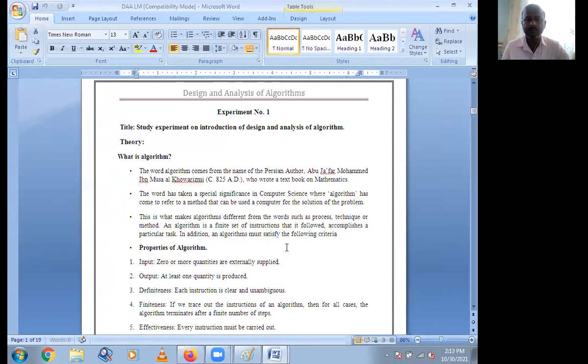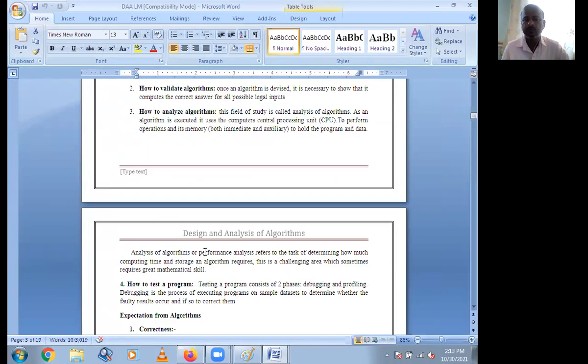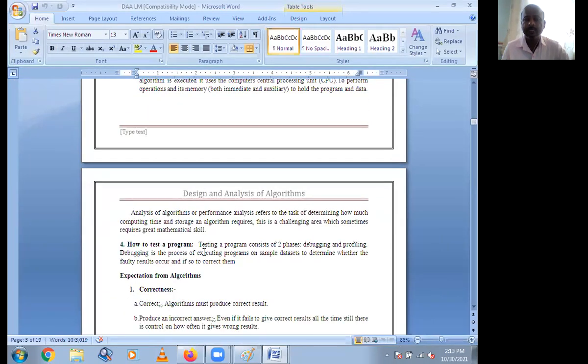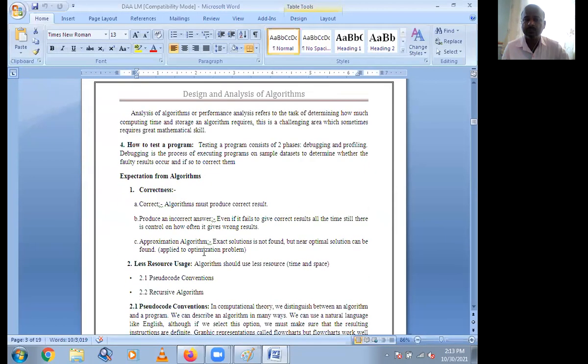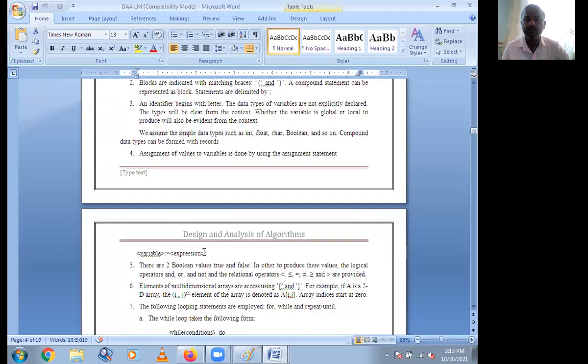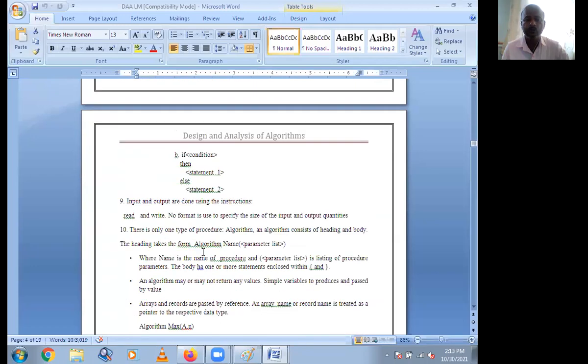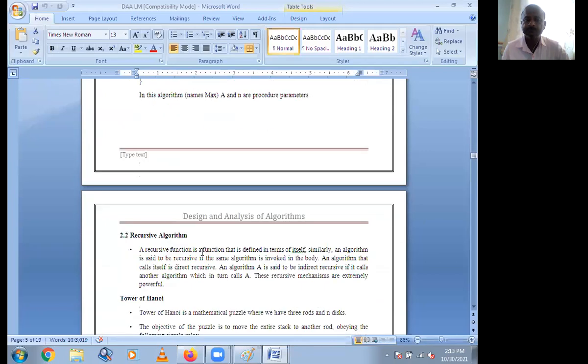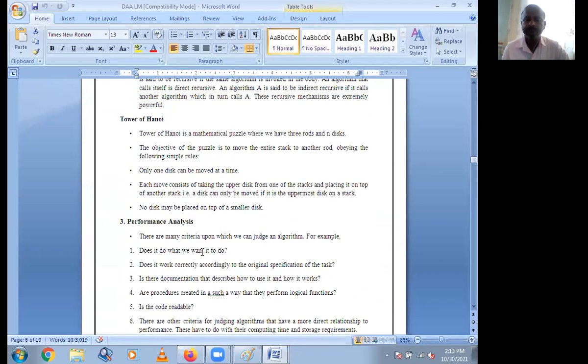In this experiment, you have to write what an algorithm is, properties of an algorithm, then expectations from an algorithm, then pseudocode rules, then recursive algorithm, then performance analysis.